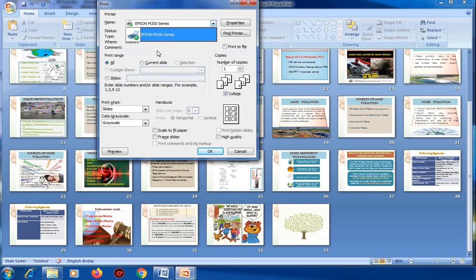You select the settings and set it properly, then press the OK option. At last, your slide will be printed out. So I hope all the students have understood.